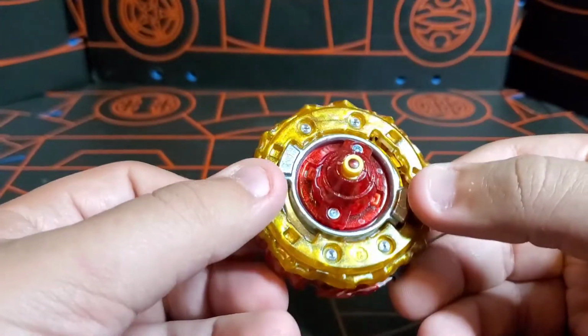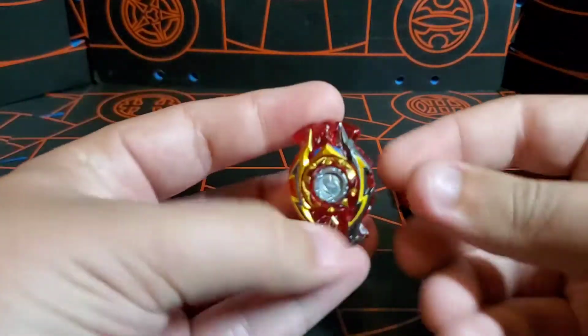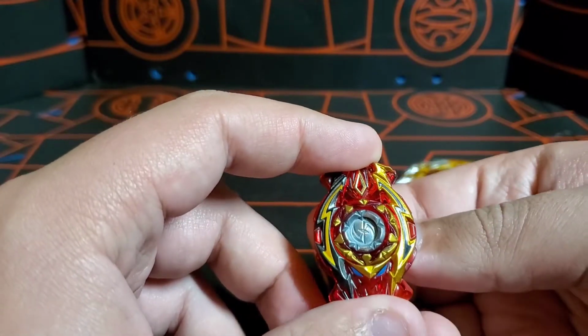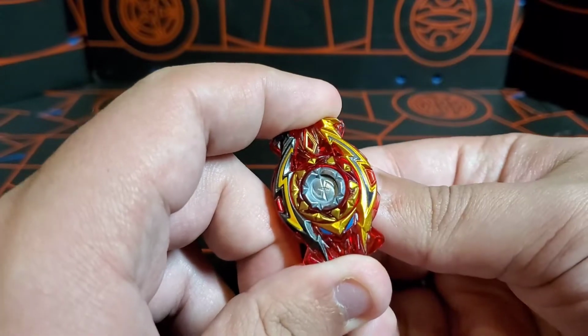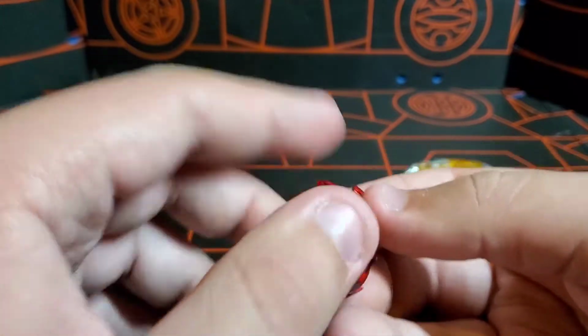There's a lot to cover about this bay, so let's go through each part, starting with the sparking chip. As you can see, it's got a metal chip core like Diabolos, and it is dual spin, so when you change the mode, the appearance will change slightly. I think Diabolos is a lot cooler, and if